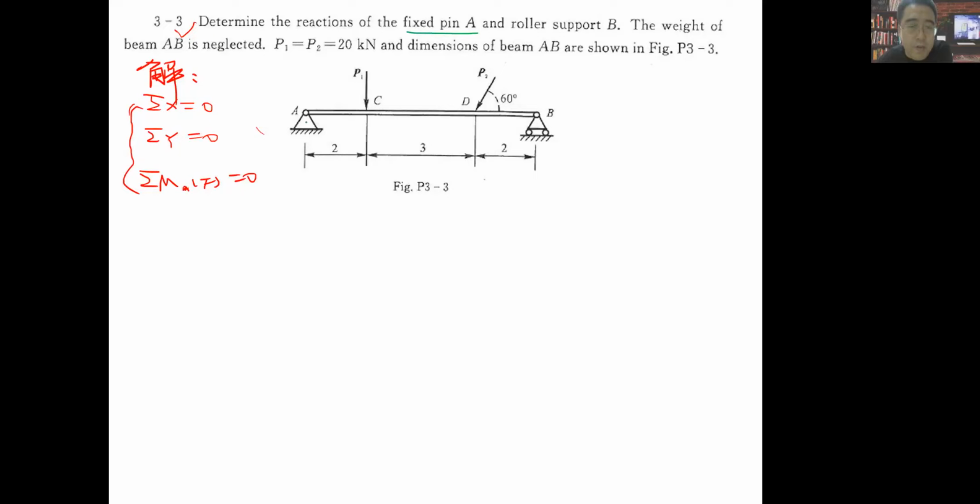So actually we should remove this constraint and use the reaction forces to replace its action to this point A onto part AB, right? So we will draw maybe FAY, and